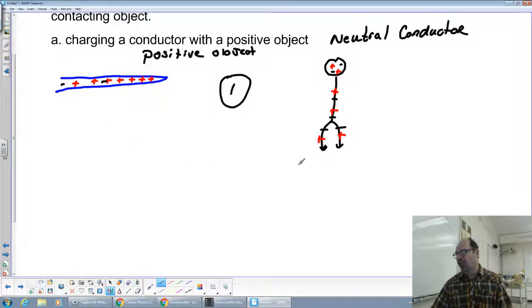Okay, so then we bring the object close to the scope, we'll call it. So we'll draw our